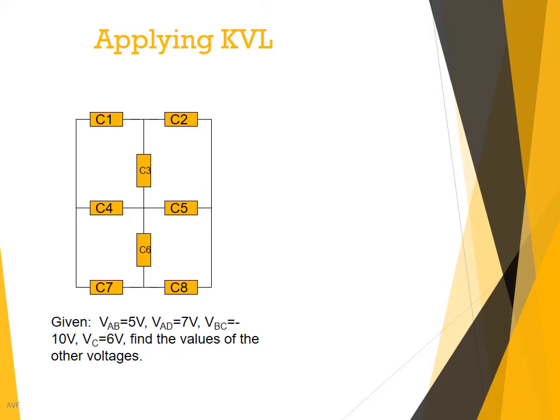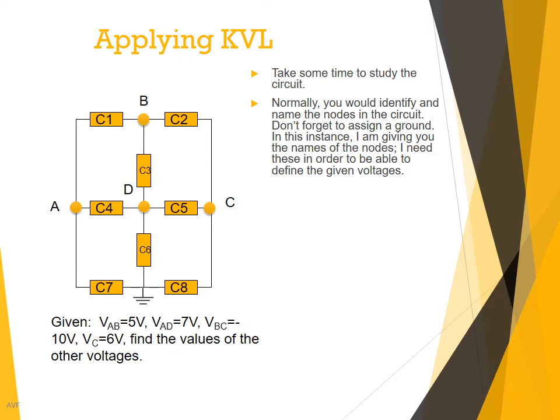You will have the opportunity to observe in this section that it is not necessary to use all the loops in order to solve the problem, but it is necessary for all the loops to conform to KVL. Now, on the bottom you can see that I am giving you certain voltages in the circuit. At this point it is not clear where those voltages are defined, but still take some time to study the circuit. And in this case, I am defining the nodes for you, A, B, C, and D,